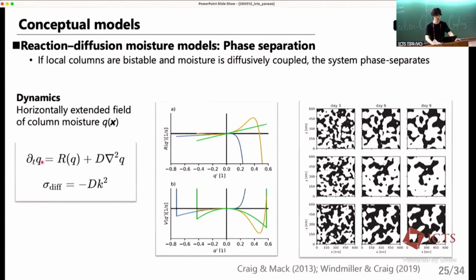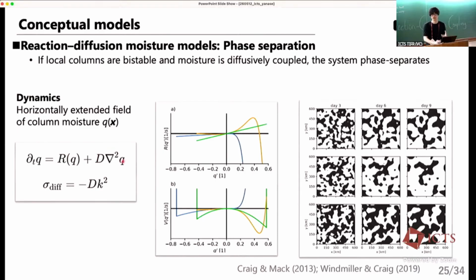And Q is the moisture field, and moisture is horizontally extended. Importantly, this is the growth rate associated with the diffusion term, and K is the horizontal wave number. The diffusion term suppresses the small scale perturbation. The higher the wave number, the stronger the suppression. So the result is, if we use the bistable potential for the reaction term,